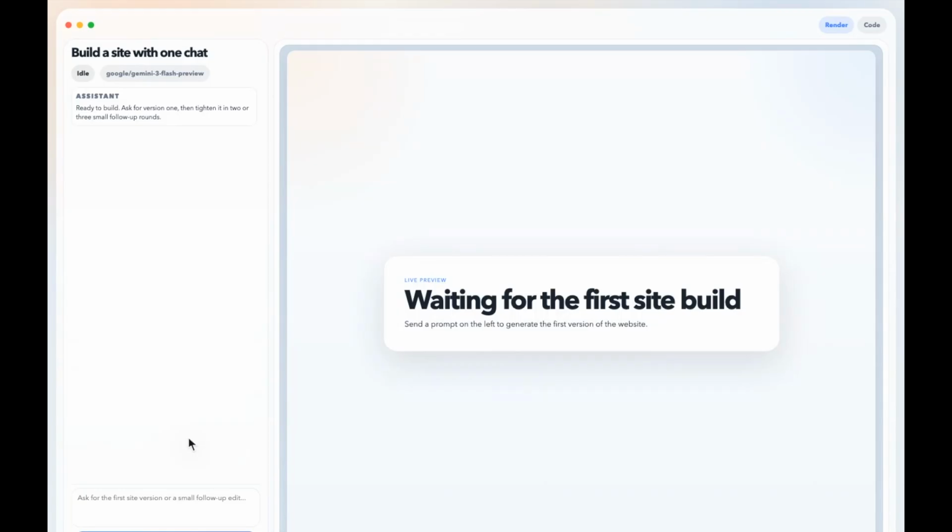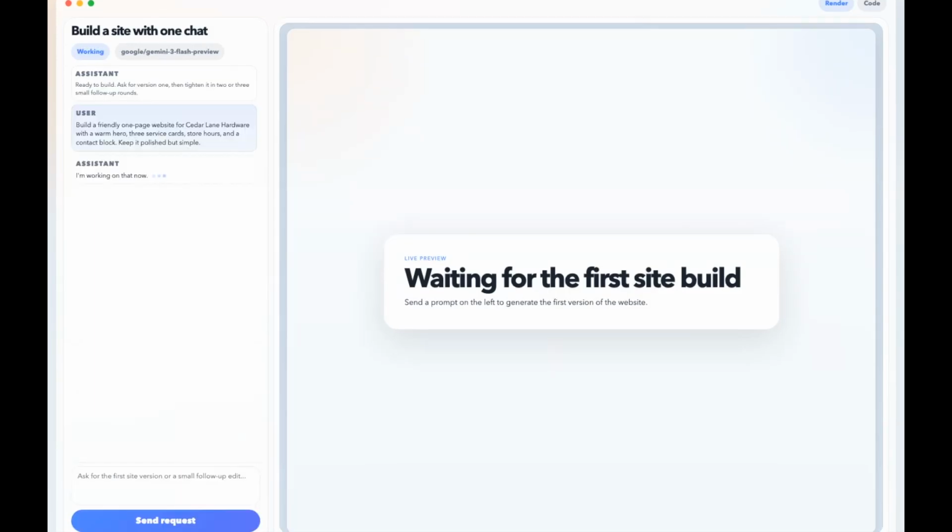So the first prompt we're sending is, build a friendly one-page website for Cedar Lane Hardware with a warm hero, 3 service cards, store hours, and a contact block. Keep it polished but simple. That's a good starter prompt because it gives the business name, the page type, the main sections, and the overall feel. It's enough direction to get a real first version on screen without boxing the agent into 1,000 tiny design